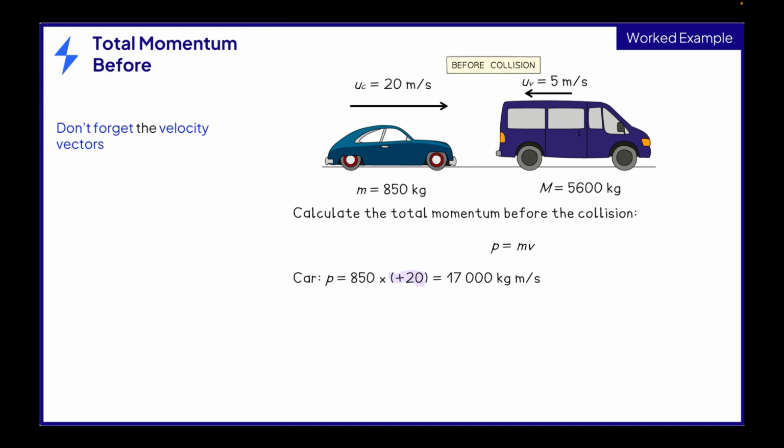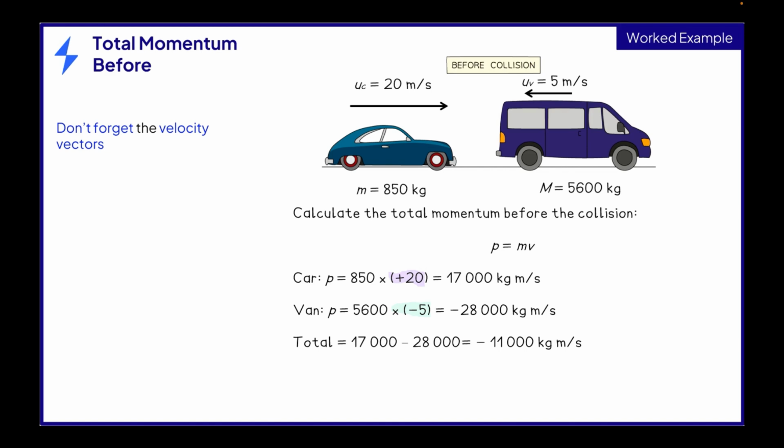It is plus 20 because the car is moving forwards in the positive direction. For the van, this is 5,600 times minus 5, which equals minus 28,000 kilograms meters per second. It is minus 5 because the van is traveling in the opposite direction to the car. Now find the difference between the two momenta to obtain the total. The total is equal to 17,000 minus 28,000, which is equal to minus 11,000 kilograms meters per second for 1